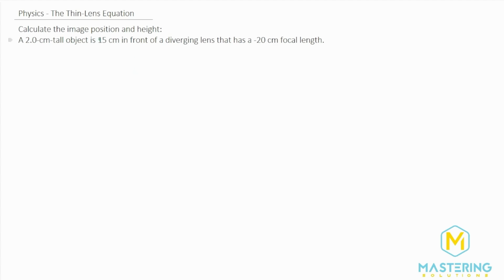We'll start by calculating the position, and we're going to use the thin lens equation, which says that the power of a lens is equal to 1 over the focal length, which is also equal to 1 over the image distance plus 1 over the object distance. We're trying to figure this out, so we'll subtract 1 over s. So we have 1 over s prime is equal to 1 over the focal length minus 1 over the object distance. Now, like I was saying, we need to remember the sign convention.